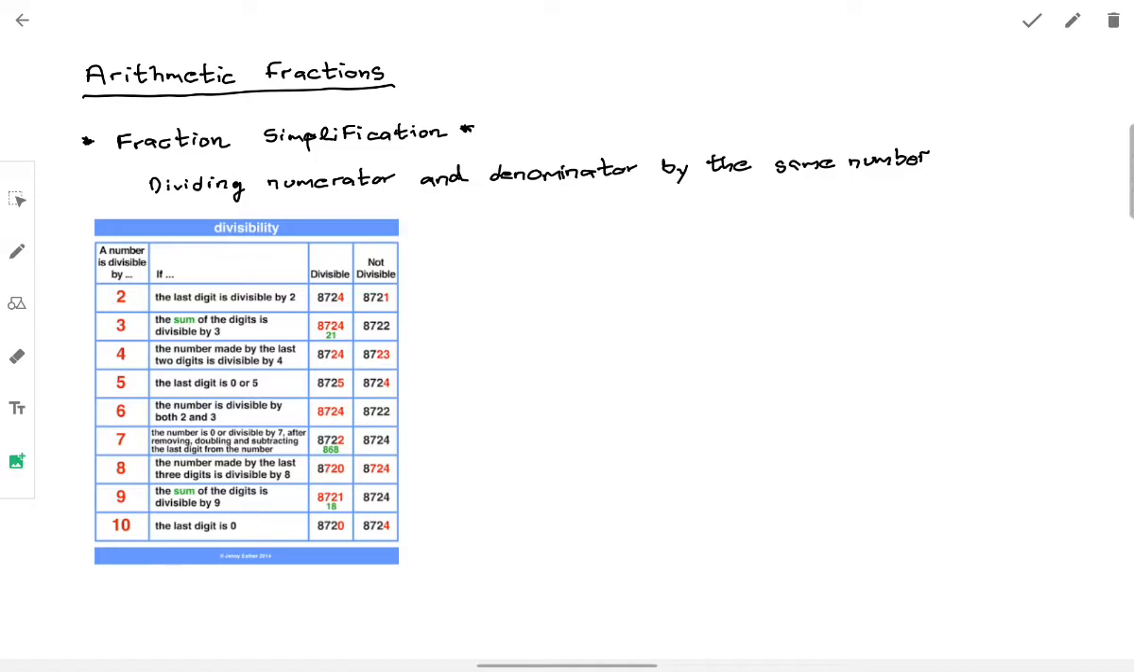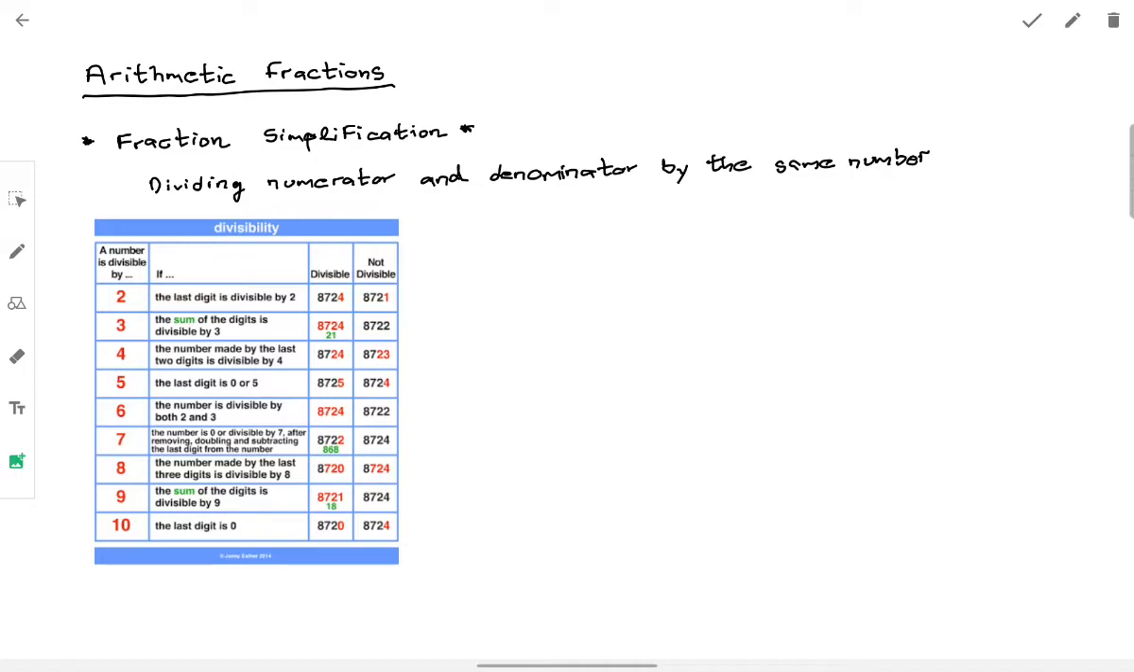21 is divisible by 3. That means that 8,724 is divisible by 3. Number 4: to be divisible by 4, the number made by the last two digits must be divisible by